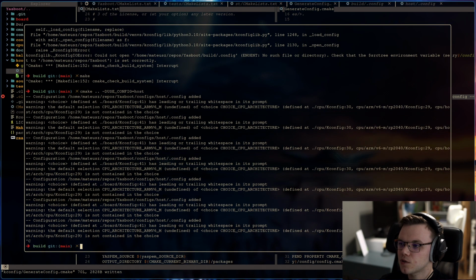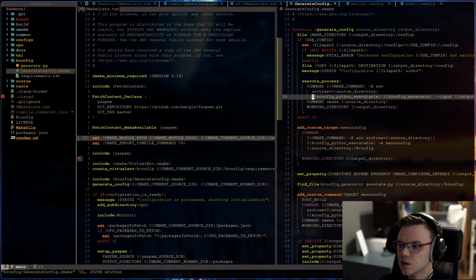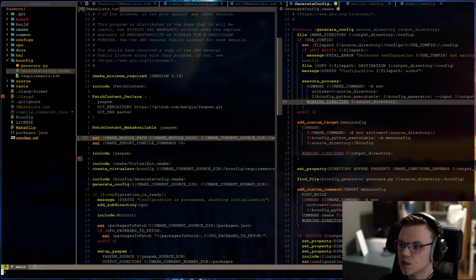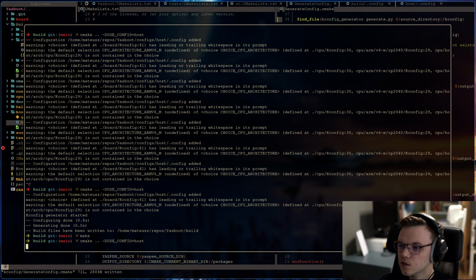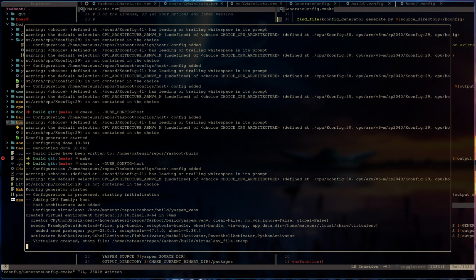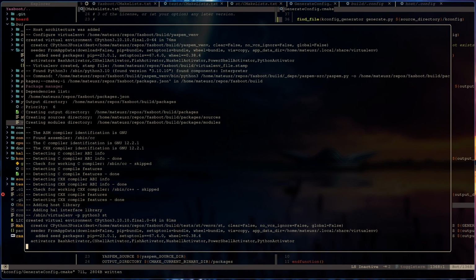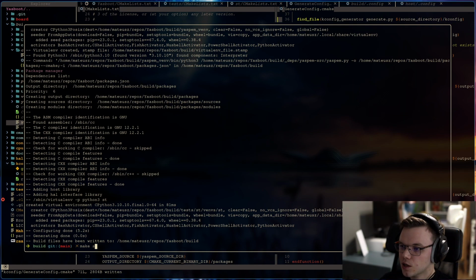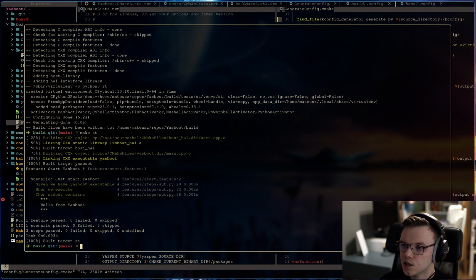Oh, I forgot to remove the CMake command that regenerates the project after changes. Yeah, now it's working. So let's try out our new target. As you can see, YASBoot was built and our tests were executed. And everything passed.